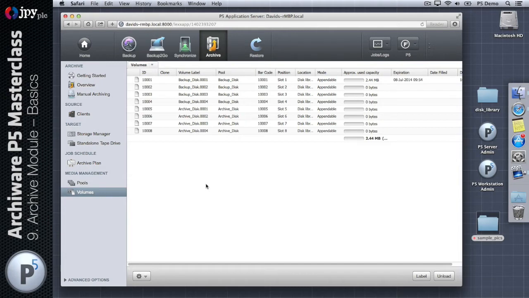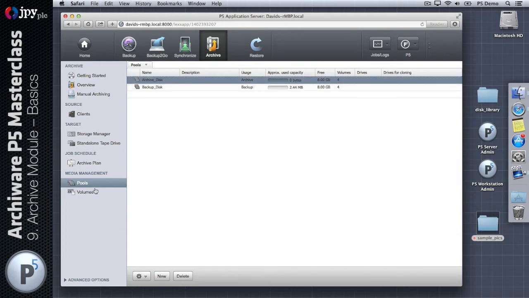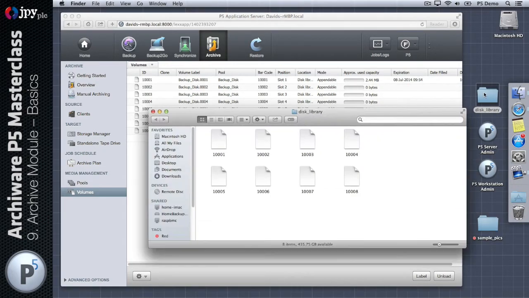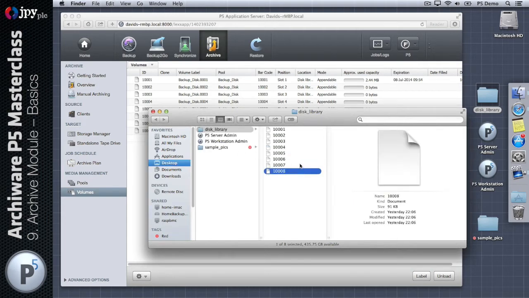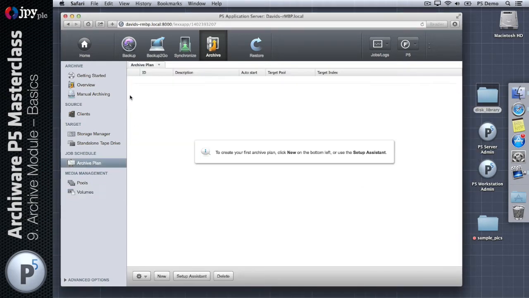So assuming that you're up to speed and you understand that archive plans need to have a pool of type archive available to write to, and in that pool there needs to be some volumes, as there is in this case. There's 4 volumes here. These volumes could either be physical tape, 4 tapes, or files on a disk library. We've got a disk library configured on the desktop here, and the bottom 4 of these files here are container files, which are part of a pool such that they can receive archive data. So clicking on the archive